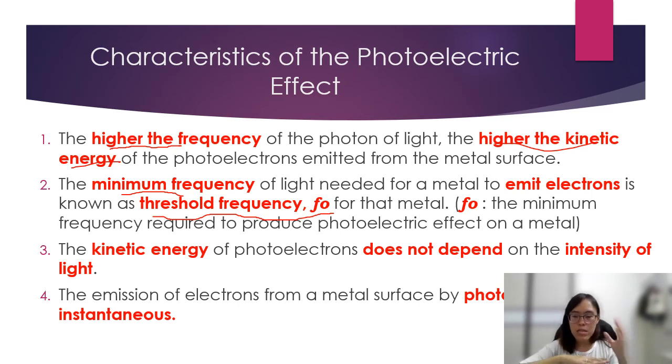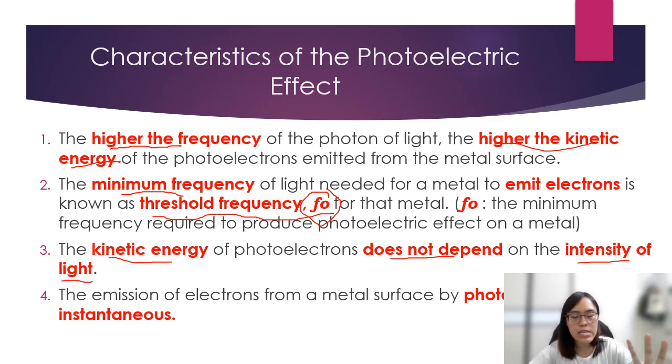50 Hz. But if your light has a frequency of 20 Hz, the photoelectron is not able to escape from the metal surface, because your threshold frequency is 50 Hz. Unless you have another light, a second light, with a frequency of 50 Hz, then the photoelectron is able to escape from the metal surface. So that 50 Hz is our minimum frequency, also called the threshold frequency. Its symbol is f0. The kinetic energy of the photoelectron does not depend on the intensity of the light. That is, whether your light is dim or bright